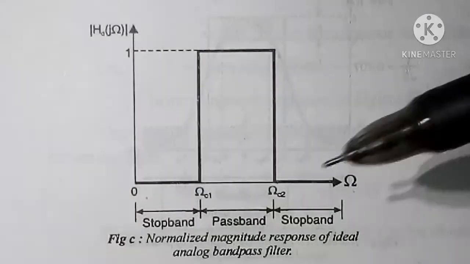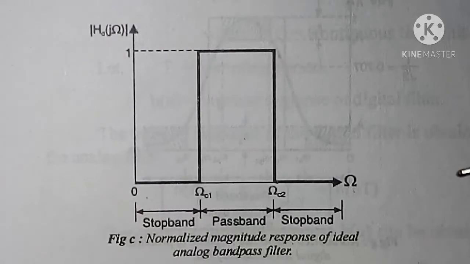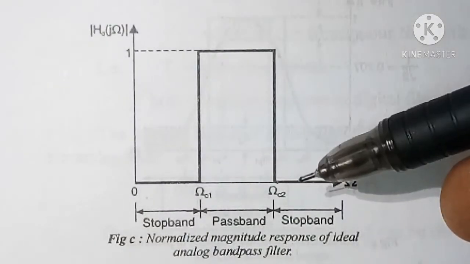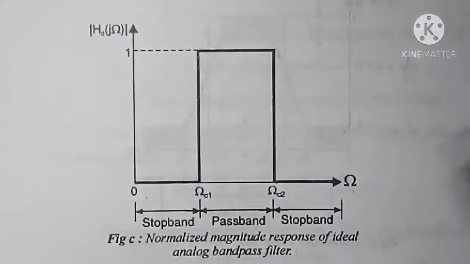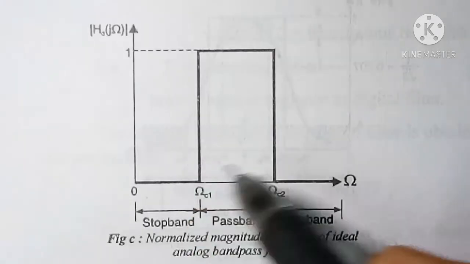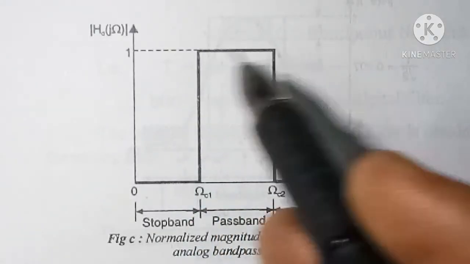So here the components of input signal which are having frequencies from omega c1 to omega c2 are allowed to pass through. So for those frequencies the magnitude is 1,